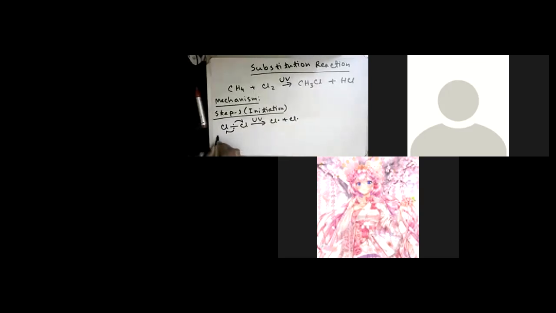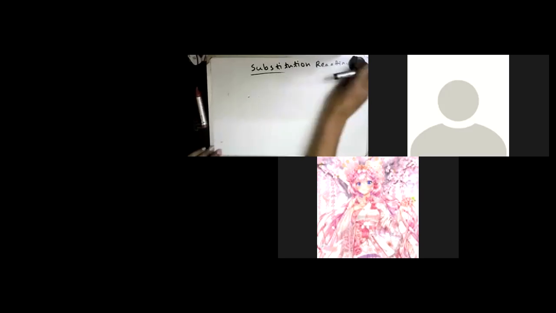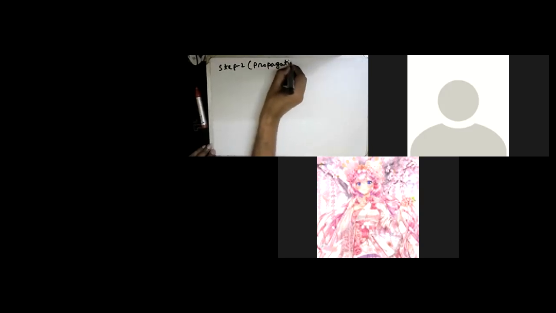Step 2 is propagation. So what will happen in propagation? There are 2 reactions. I need the space, so I can erase the whole thing. For the second step, the first step is already discussed, so I am going to step 2, propagation. In the first reaction, we just get the free radical. In the second, this chlorine free radical